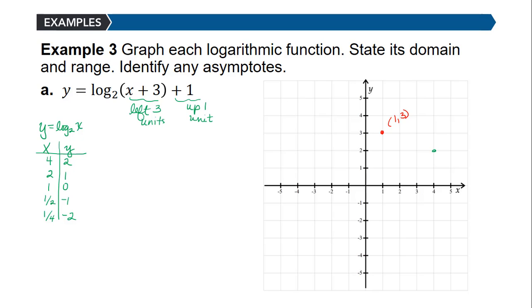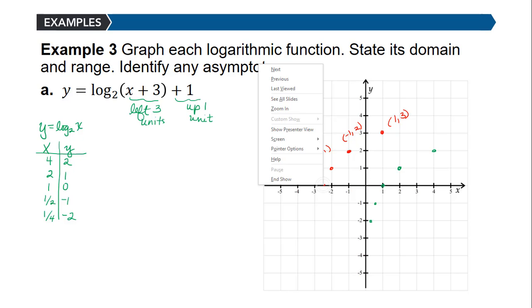This point of (2, 1) is going to move left 3, so left 1, 2, 3, up 1, which will take me to the point (-1, 2). (1, 0) moved left 3 is 1, 2, 3, up 1, which is at the point (-2, 1). (1/2, -1), if I go left 3, left 1, 2, 3, up 1, will be at